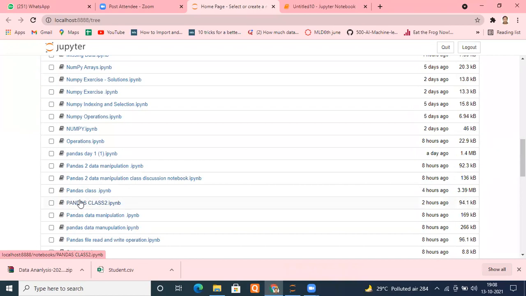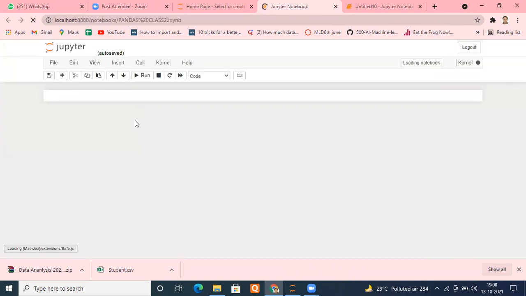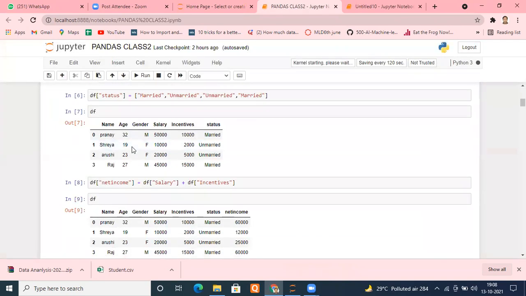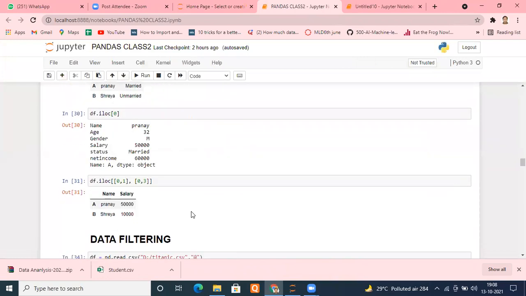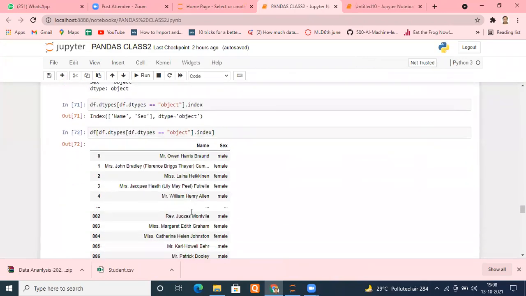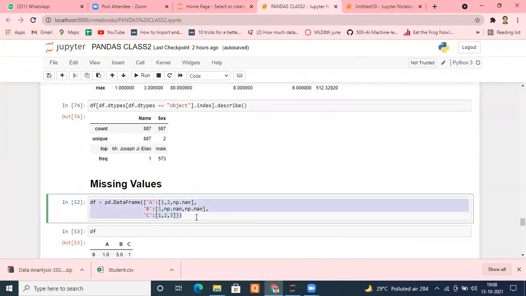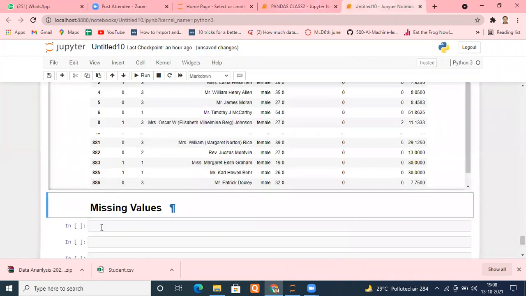It should be there. No, this is not the one. This thing we have already done. I need that data set only. Yeah, this thing I need. Okay, let me copy it and go over here.